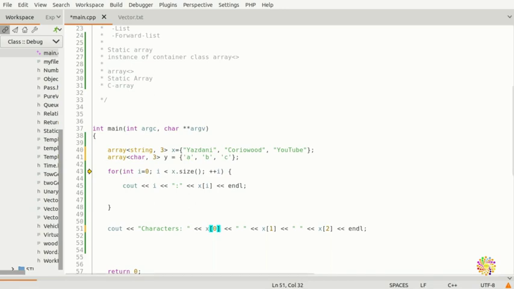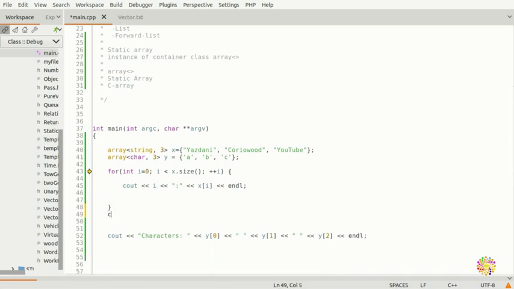You guys, if you want to see the elements of y0, y1, y. Okay, so now because we have a, b, c, here you can put a cout. For example, you can put a cout, and here you need to put the next line. I want to see these ones, plus I want to see these ones. All right, so now we have an array of the type string, and now we have an array of the